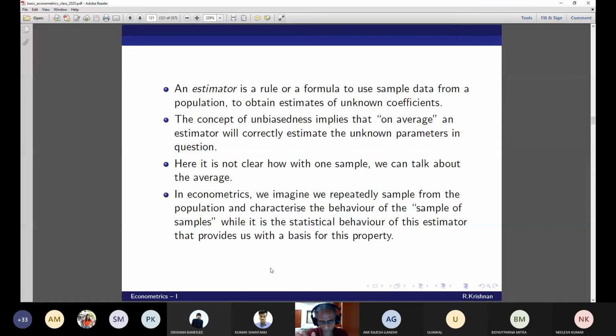You do this n number of times and take the average of all the betas, the average of all the vectors. If n is sufficiently large, the expected average value of all these estimators will hopefully converge to the unknown population vector beta. That is exactly what we mean when we talk about unbiasedness, and that explains the third bullet point. How can you talk about average when you have only one estimator or only one sample? Do you get this?